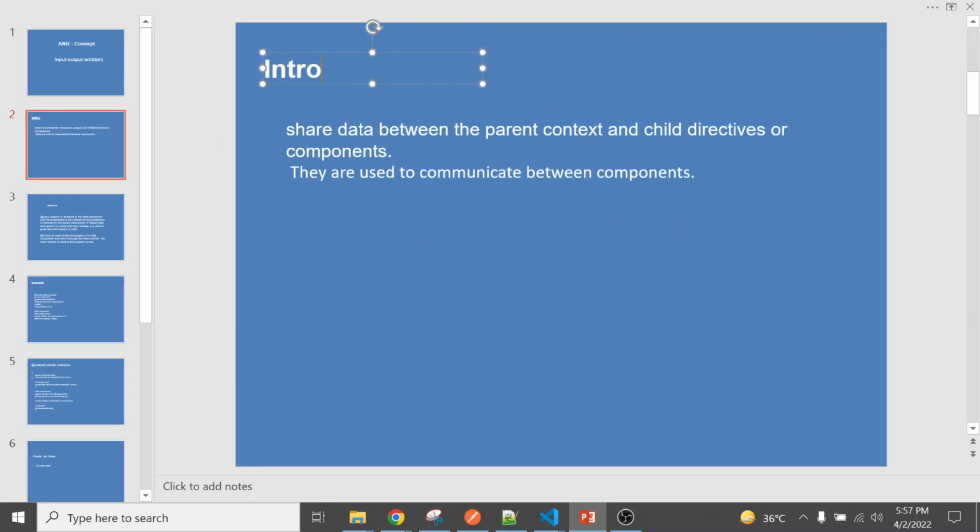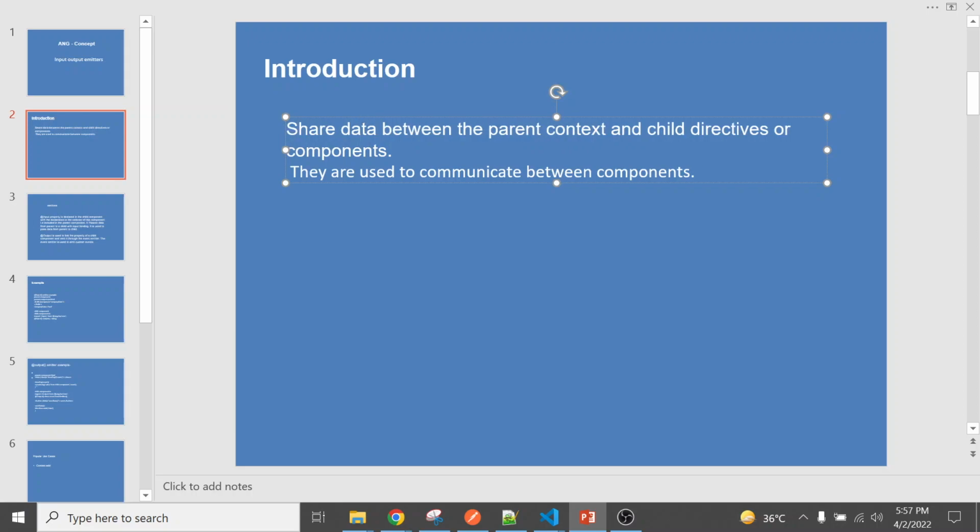So let's talk about the input and output emitters. Emitters are basically used to share data between the parent and child components. As we know, in Angular we have components, and with these components we show our UI.